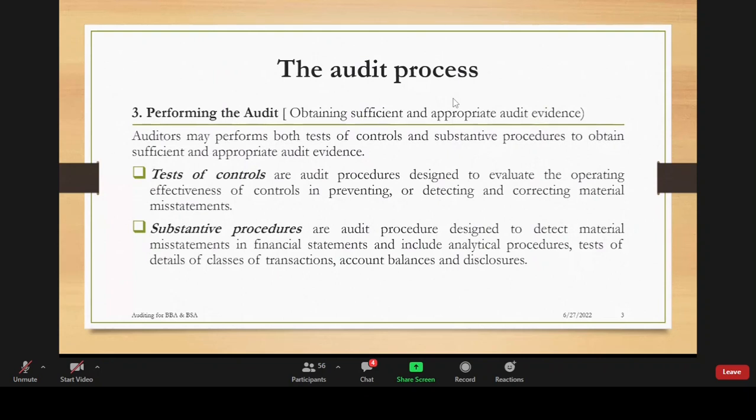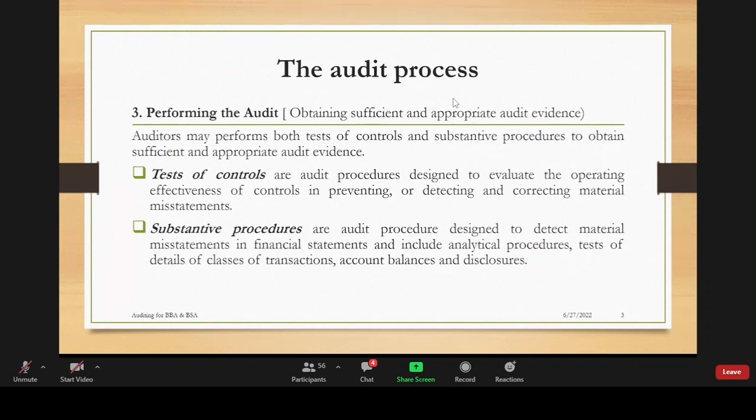For example, where you are going to perform a recomputation, or you're going to do a recalculation of your depreciation, or where you're going to attend a stock take, where you're going to do third-party confirmations, as in checking with the external people to the entity. Those are what we call substantive procedures. Substantive procedures are more detailed than the tests of control. Tests of controls are normally done by watching. You are testing whether the controls are working okay. But then if you want to obtain more detailed audit evidence, then you perform what we call substantive procedures.